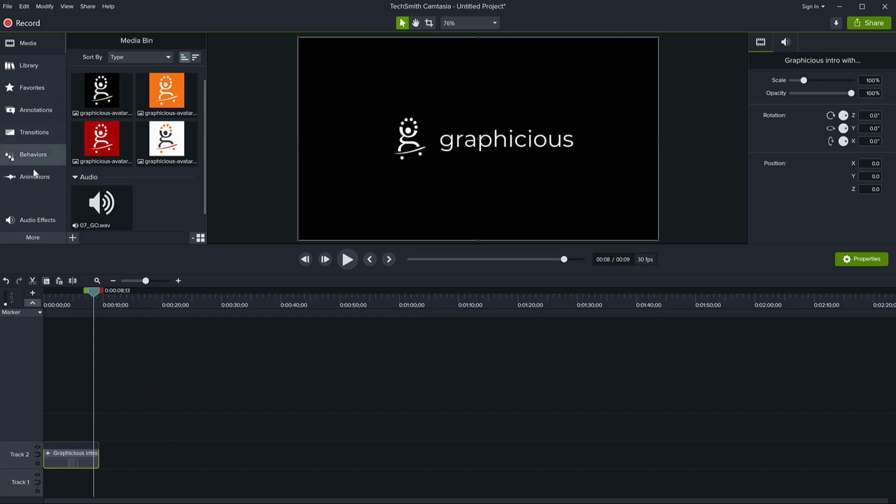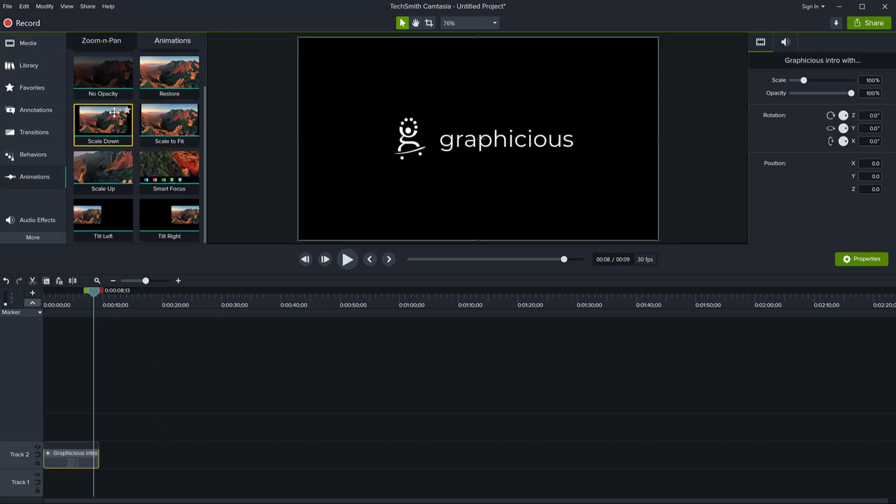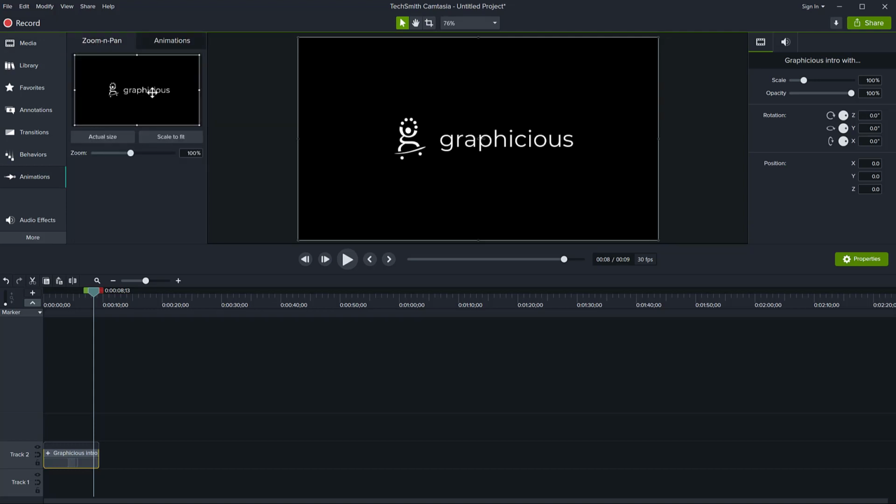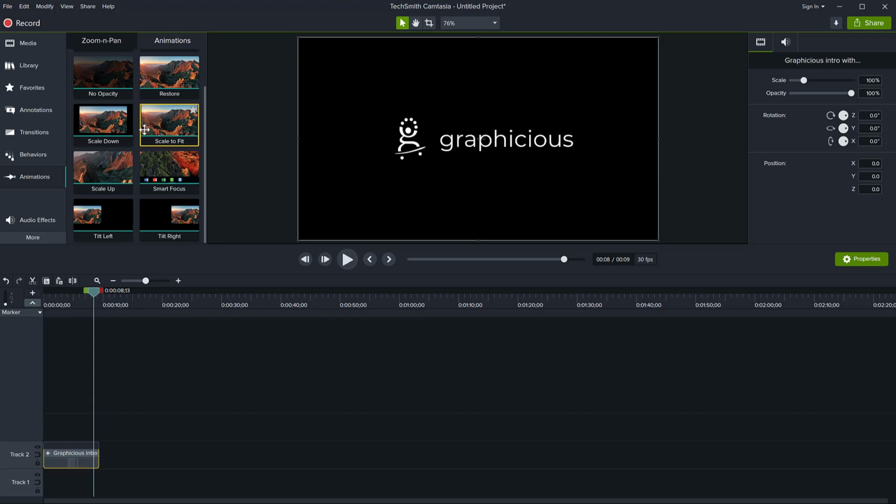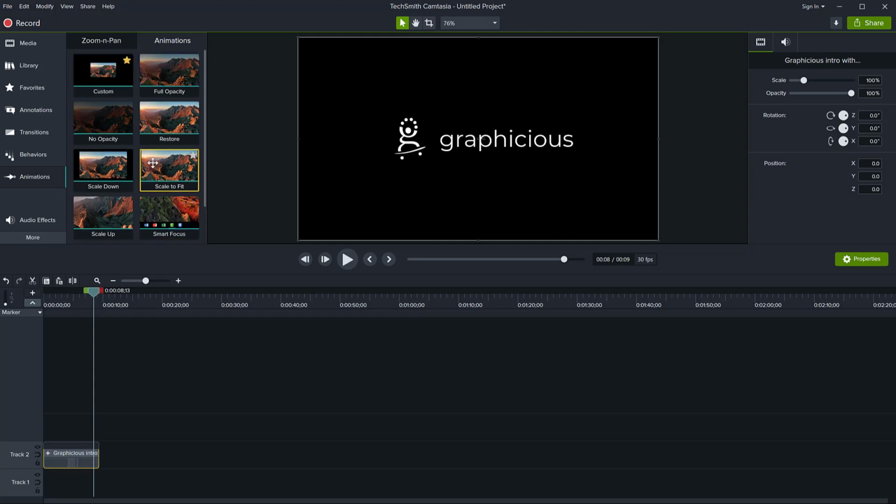If you look in the animation section on the left, you will have some animations already built in, or you have a zoom and pan that's very simple. But the animations here, you have different types of pre-made animations. But it's very nice if you can learn to use the custom animation, which allows you to decide yourself where objects move, where they move from, and you can add other stuff in between, and you can do all sorts